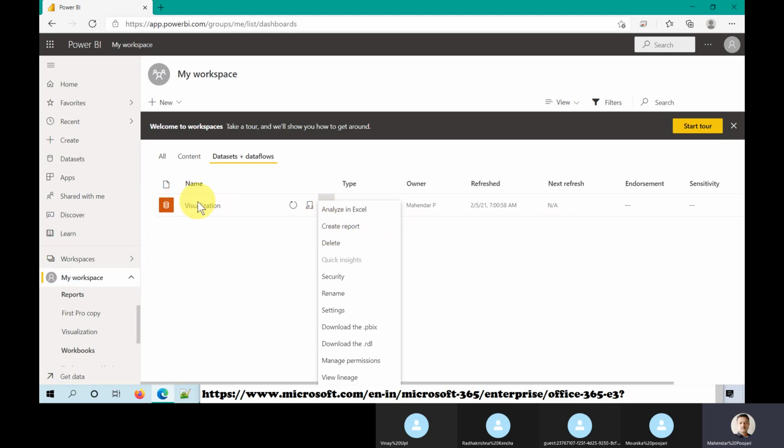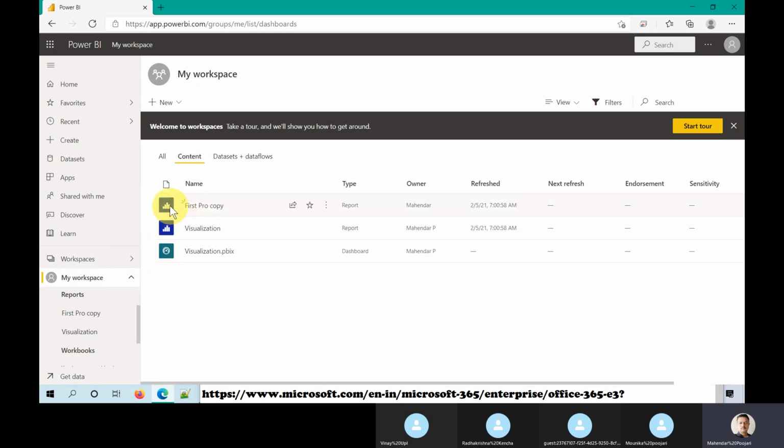So we are only talking about the dataset, guys. Only one dataset, and we have two reports, as you might have observed. If you click on Content here itself, you see two reports are there. The icons are different. This is the dashboard icon, this is the report icon. Here you see the type. This is very important. We have one dataset but two reports. From this you can understand that from one dataset you can create one or more dashboards. You can create more also. Why? To understand the data in different dimensions.